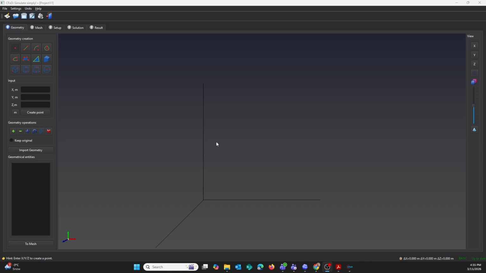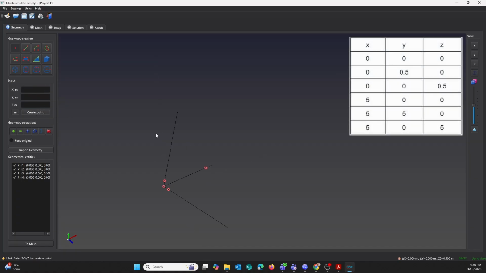Hello everyone, today we will model a free jet with a high Mach number of around 0.6. Let's start with the geometry. Use the point creation tool to generate the points with the coordinates showcased in the table on screen. An important thing to note is that this model will be a quarter of the full scale, since the full